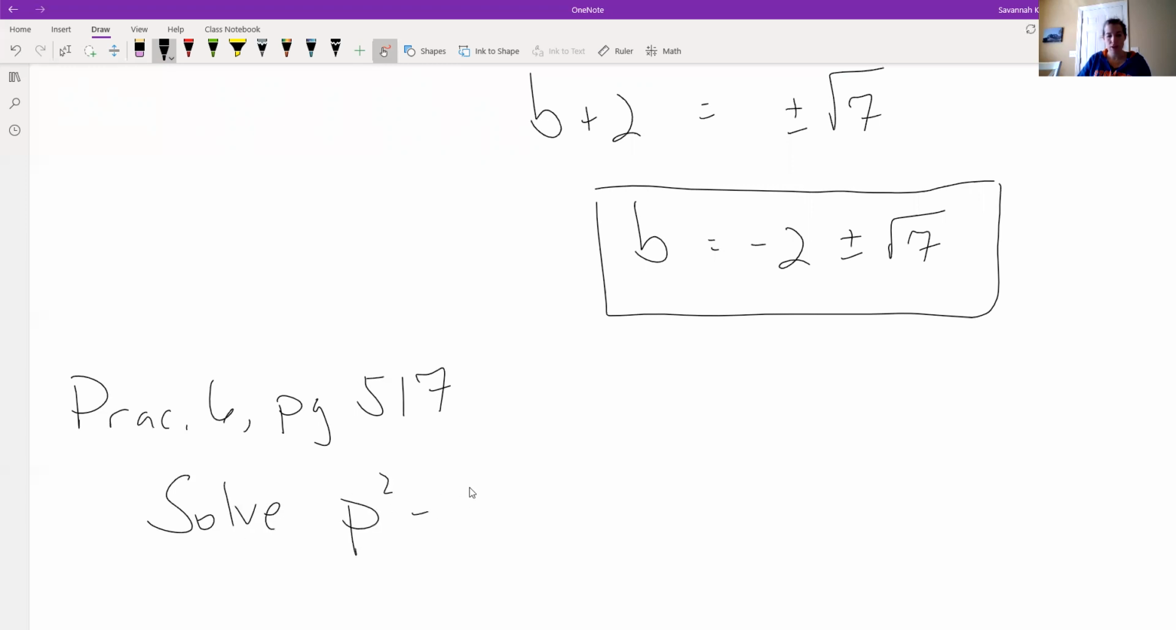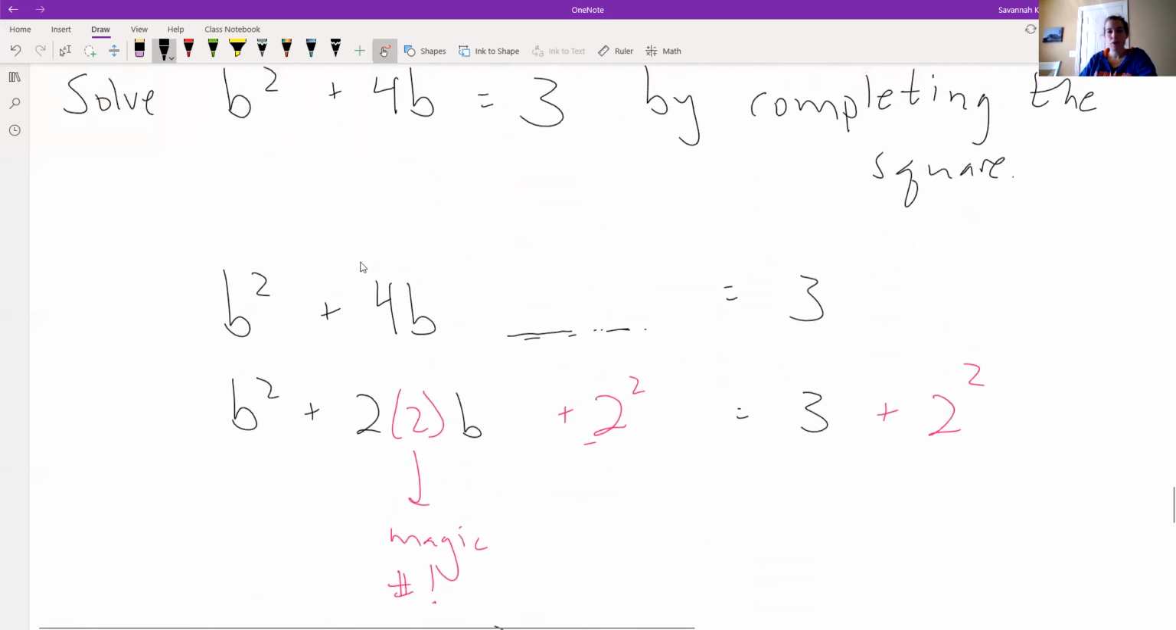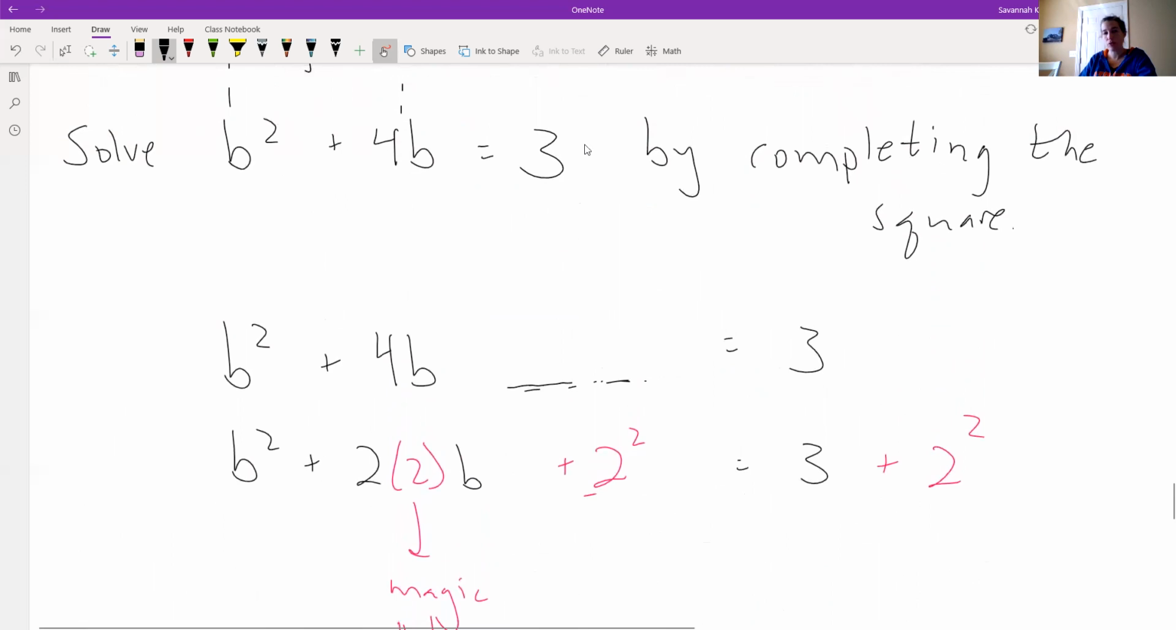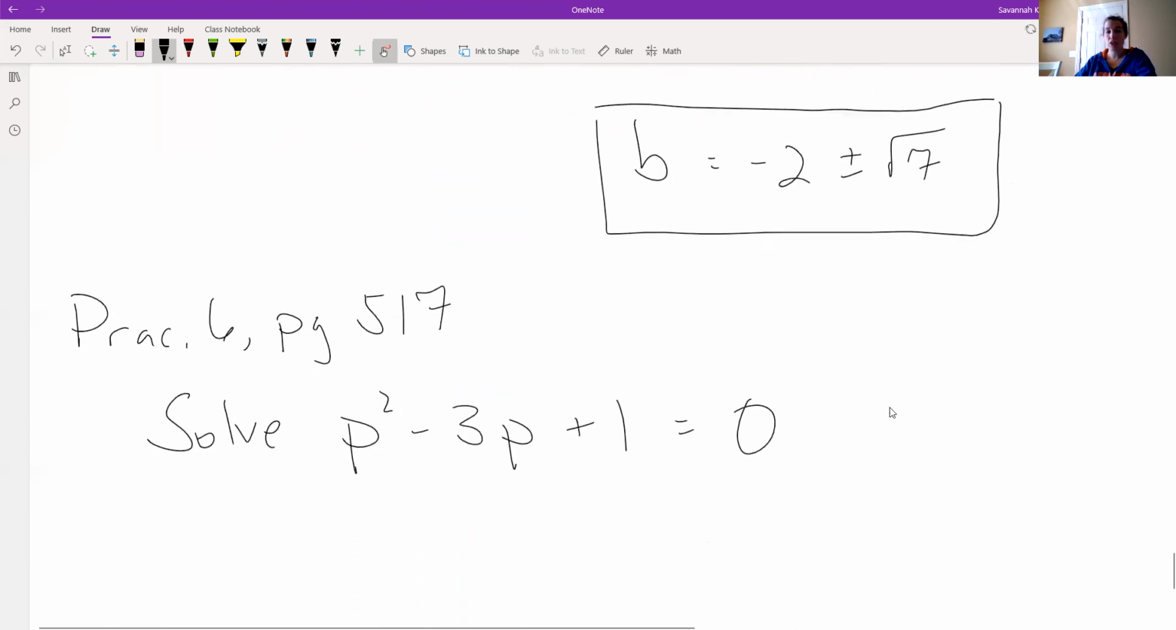P squared minus 3p. Okay, now they've messed with us a little bit. Remember the way the first one started? We had b squared plus 4b equals the number over there, and the number really wasn't part of the perfect square. We have to create that situation here. First of all,